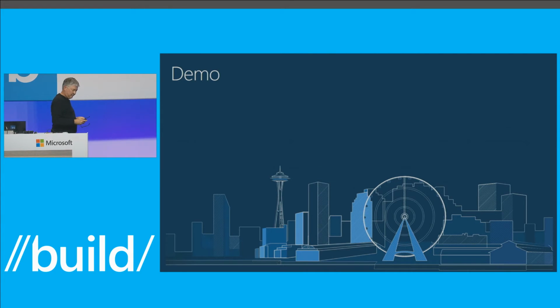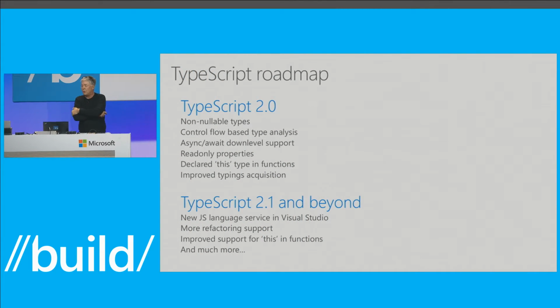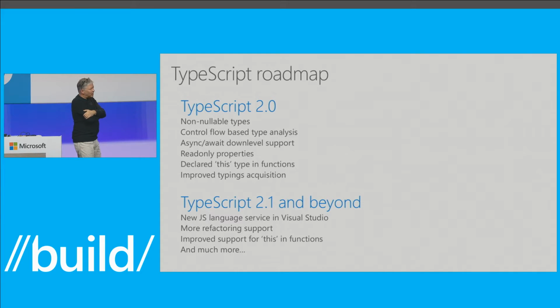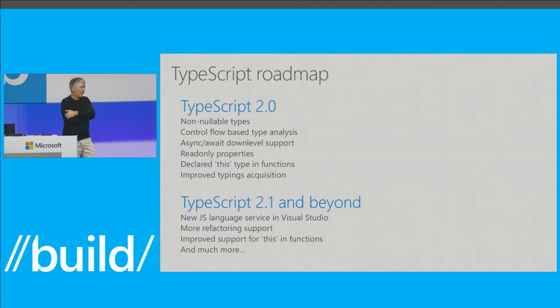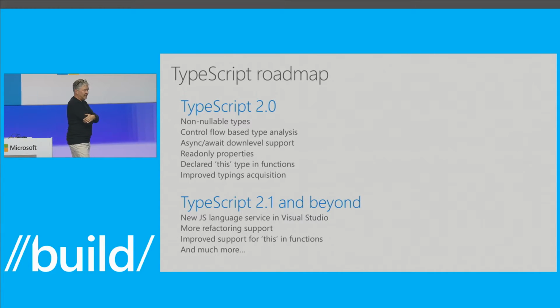And let's talk about the future a little bit. So next on our roadmap is TypeScript 2.0. We think it's going to be out in probably a couple of months, so I'd say late May, sometime in June. And the headline of features that we're looking at right now is probably the #1 requested feature, non-nullable types. And I will give you a preview of what that looks like.